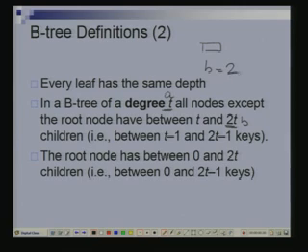So we are working with b equals 2 times a. A B tree is essentially a special kind of AB tree with b being exactly 2 times a. So each node has between t and 2t children, and so it has between t minus 1 and 2t minus 1 keys.